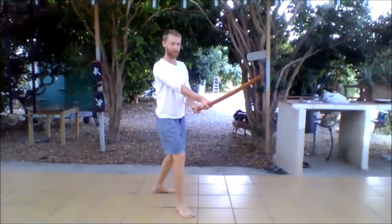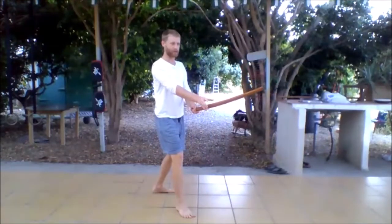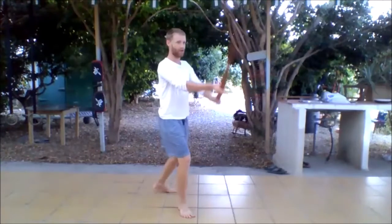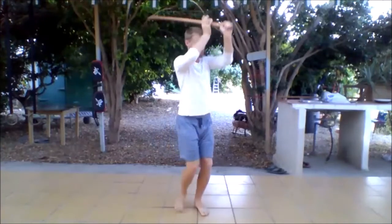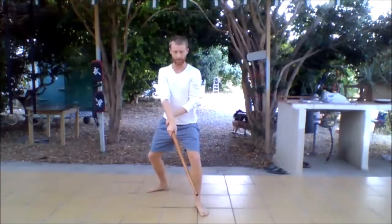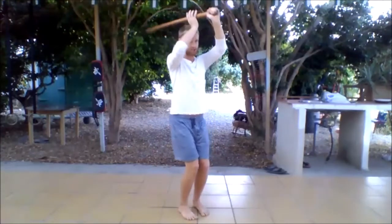Okay, very nice. We're going to go to number 5, and again, just really with a loose movement. So I'm going to break this down into 2 moves. I want you to just do it on the spot. You're going to find this position with the front hand finds the top of the head, and then you're just going to swing the sword down this way. So really in 2 moves, find the center here, find the top of the head, and then just swing the